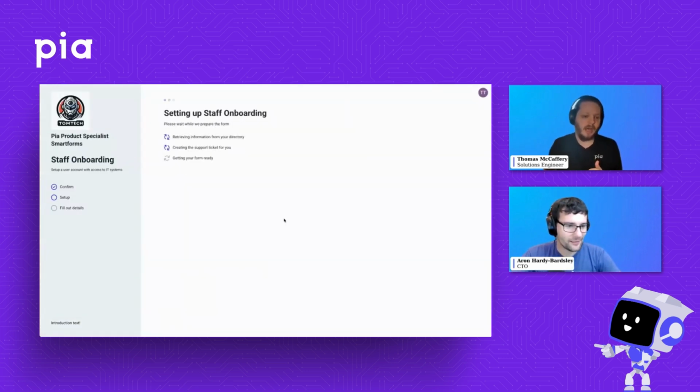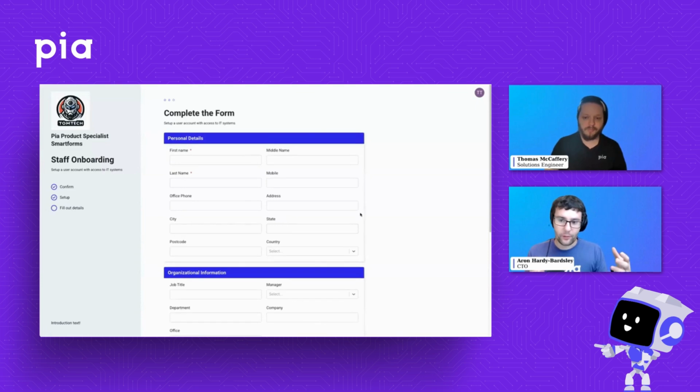So I'm going to pop this in here. And while I load this form up, talk to us a little bit about what's going on in the background here. What are we going to see when this form is ready for us to run? Yeah, so what's happening here is that Pia is actually creating a ticket in your PSA at this point, and we're actually starting an automation. So with Pia, pretty much everything around SmartForms and the chatbot automations, everything's an automation in Pia, right? So whenever we're running a request through Pia, it's going to go off, it's going to gather some information, and it's going to load that into the form. And this is where the real power comes into some of that dynamic data loading functionality, which we'll have a look at in a second.